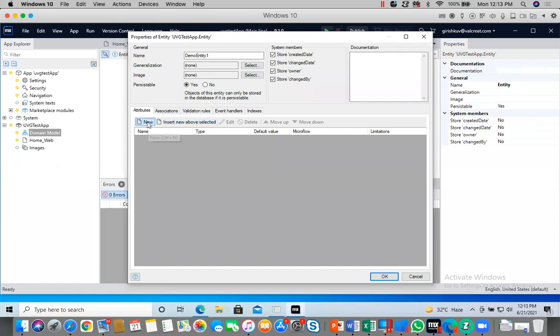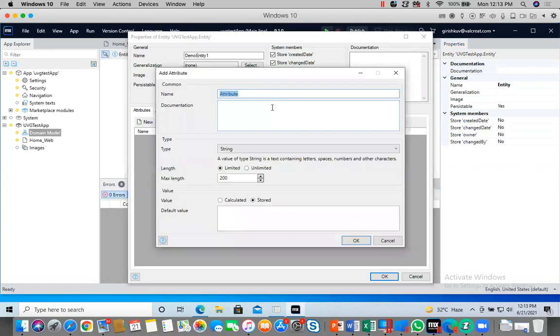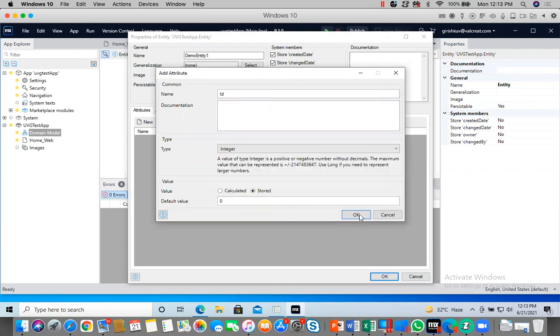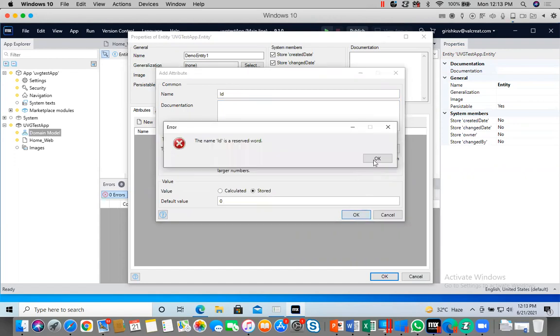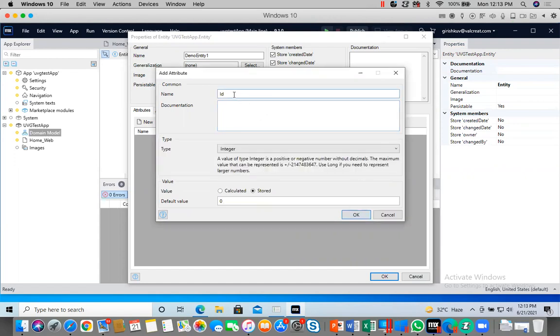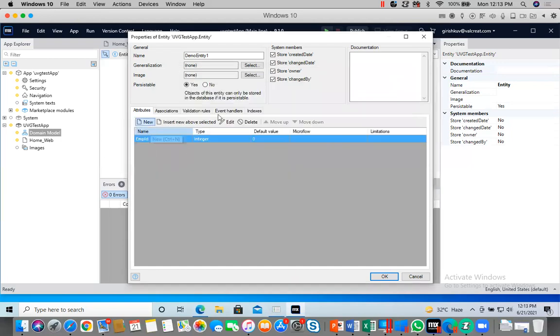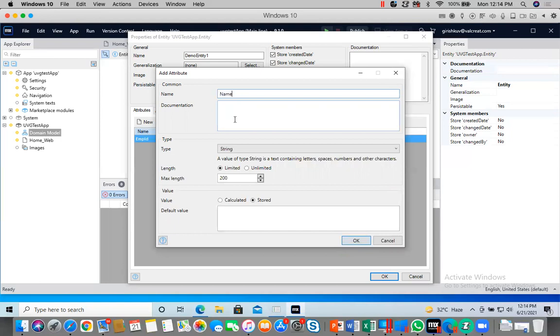Now attributes. First you have to create new. You can create an ID, integer. Okay, Name.